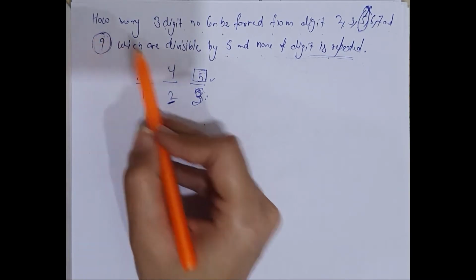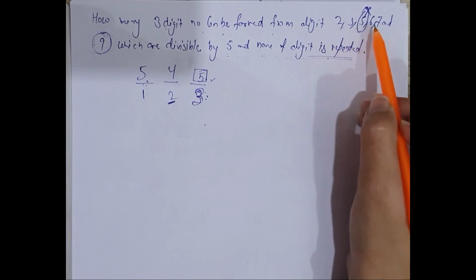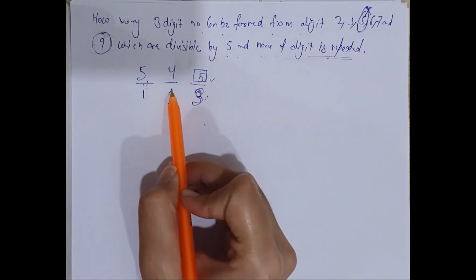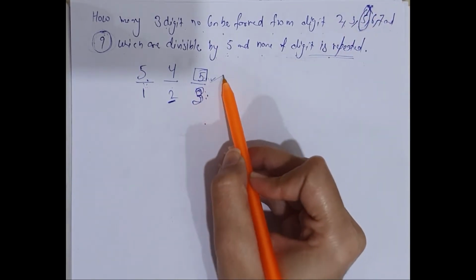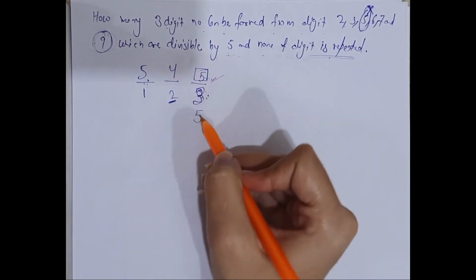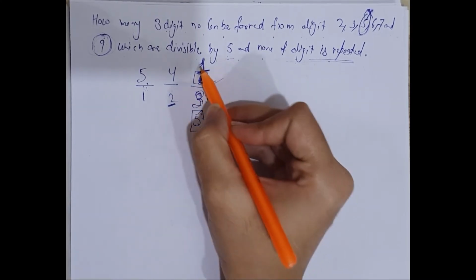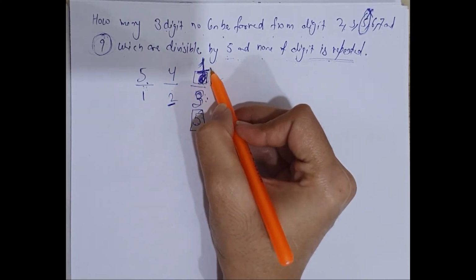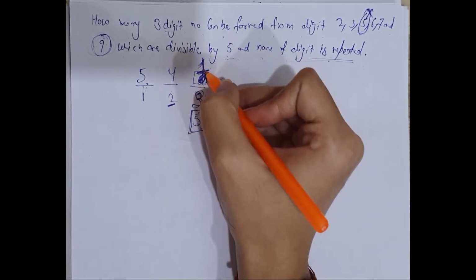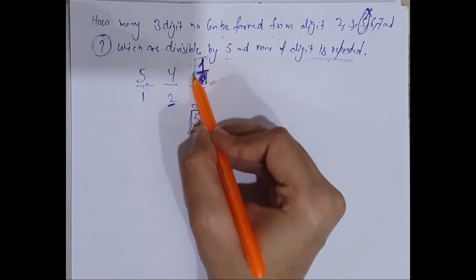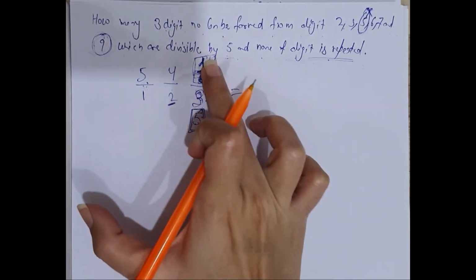If we put 9 in place of the first digit, then we can't repeat it. We are only left with 1, 2, 3, 4. 4 digits. So it means 4 here. 5 we can't use because we already fixed it to make it divisible by 5. Here we fixed the digit, that is 5. So here there is no possibility for other digits to come. Only one digit we have fixed, that is 5. So here 1, because here no other digit has possibility to come. Only one digit can be possible here, therefore 1.